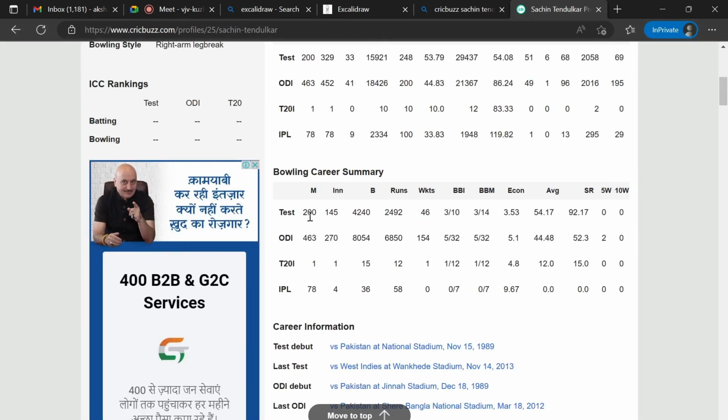So you can see how many matches he played, how many overs, how many runs he conceded, how many wickets he took. All these details are available with this table, and we can easily understand this data.